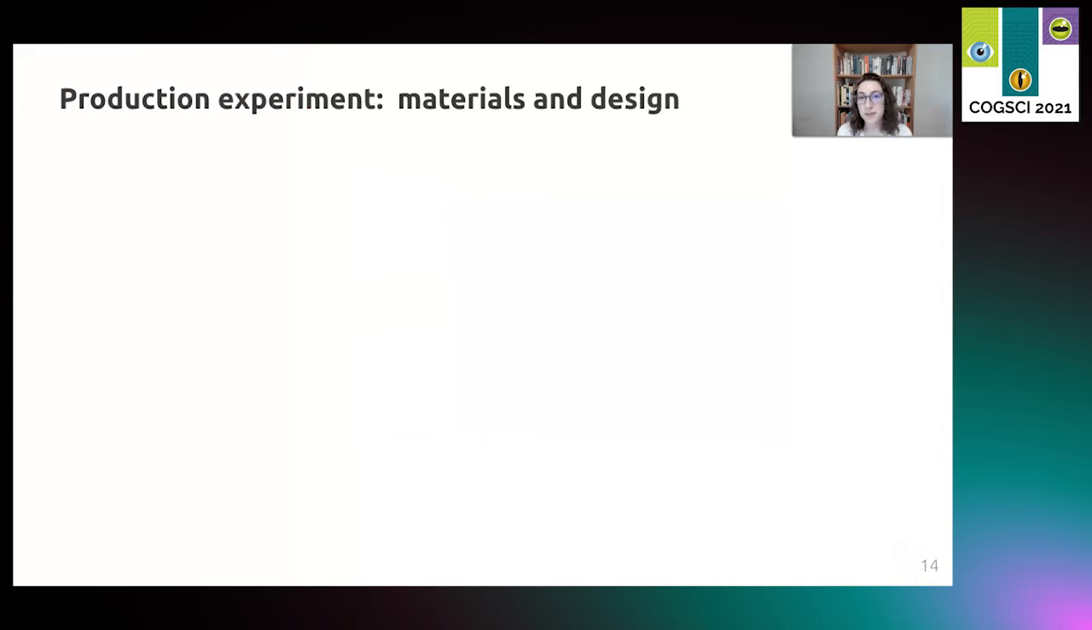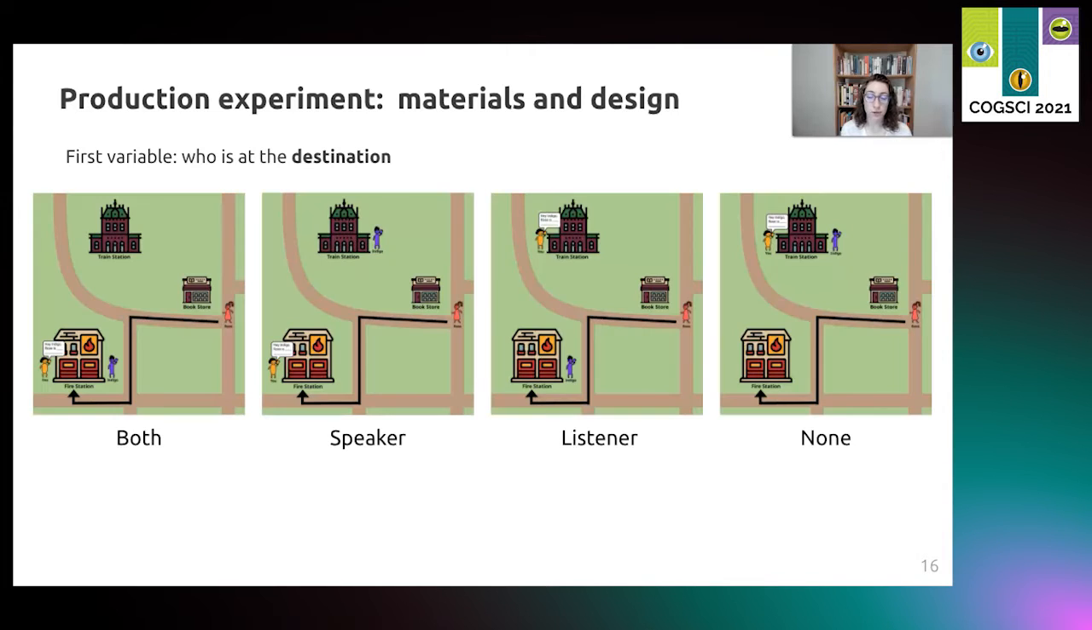We test these hypotheses using an online production experiment. The first variable we manipulate is who is at the destination. This was inspired by an experiment from Anderson 2020, which also looked at the verb come. For this variable, we had 4 conditions named for who was at the destination of a motion event: both, speaker, listener, and none. So for example, in the both condition, both the speaker and the listener are at the destination